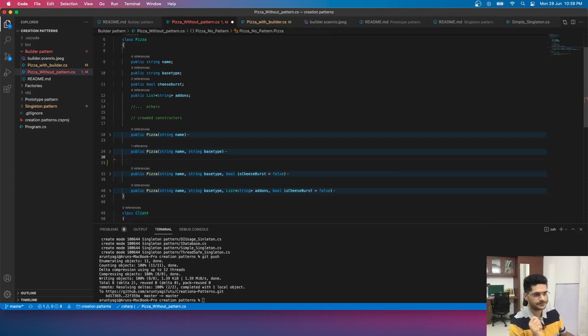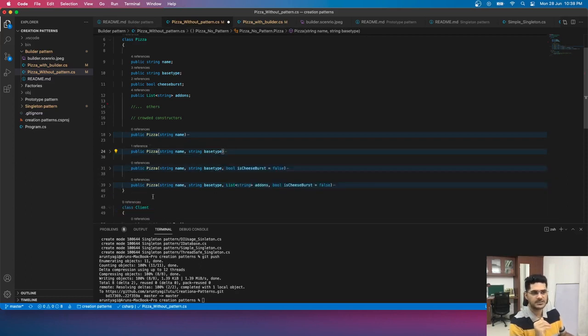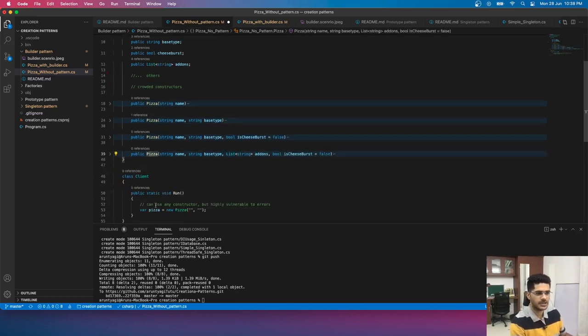Second thing is, all of these constructors have the same name. Whenever you call any of these constructors, you will do pizza equals new Pizza, and then you pass a number of parameters into that.